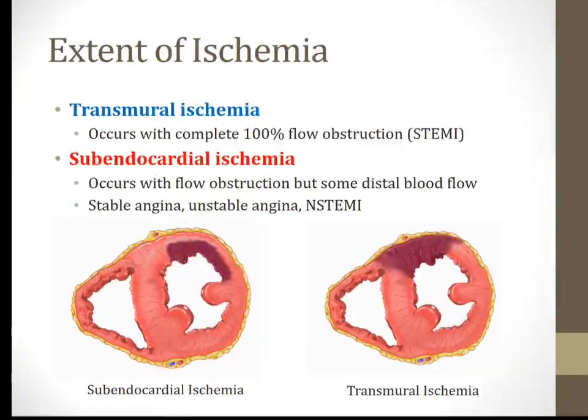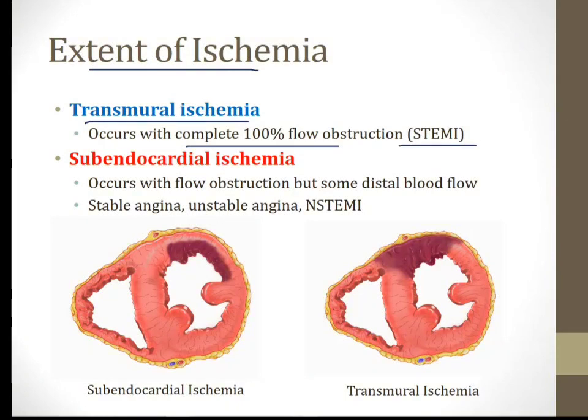When you look at the extent of ischemia, meaning the extent of myocardial tissue affected by ischemia, there are two general pathologic patterns that are seen. The first pattern is called transmural ischemia. This is what is seen when there is complete 100% flow obstruction in a coronary artery, as occurs in a